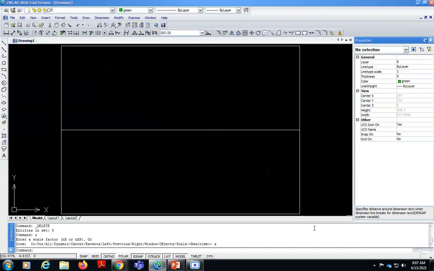So here it is, the ZWCAD software. To start, first of all, we need to give some commands: first the limits command, then the rectangle command to draw this rectangle. You can refer to the previous videos for the basic commands of the ZWCAD software.